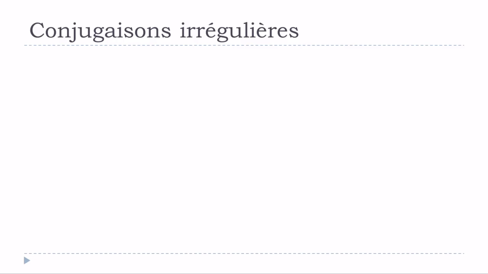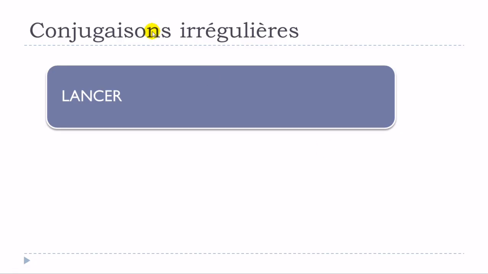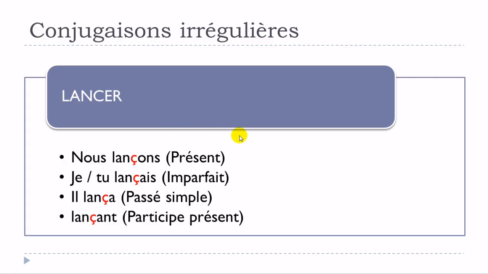You'll see why. Okay, so I wanted to take this verb, lancer. Lancer is to throw something or to launch something, and that's the thing. We will have three tenses that will be concerned by these modifications. The first one will be le présent, then l'imparfait, then le passé simple. We don't really use that much le passé simple, but still it's quite important to introduce this tense and to show you what modifications we'll have. Okay, and then the other thing will be the form of le participe présent, which is quite useful to see.